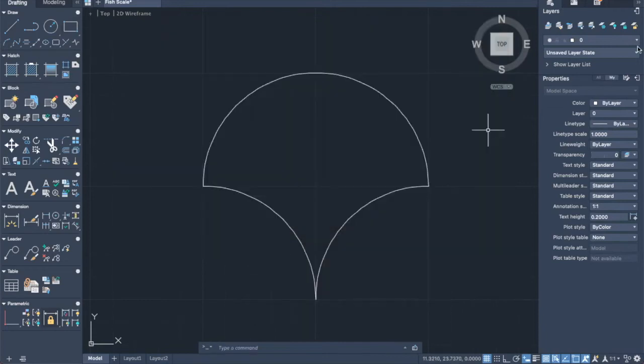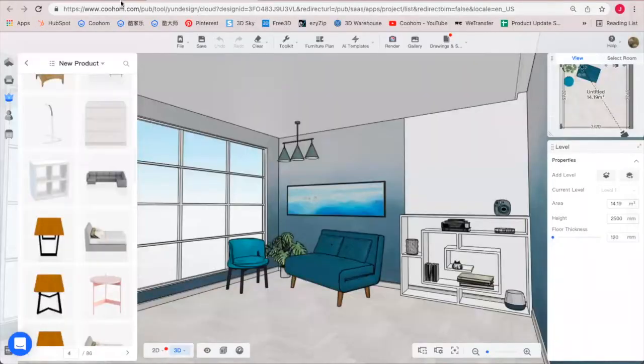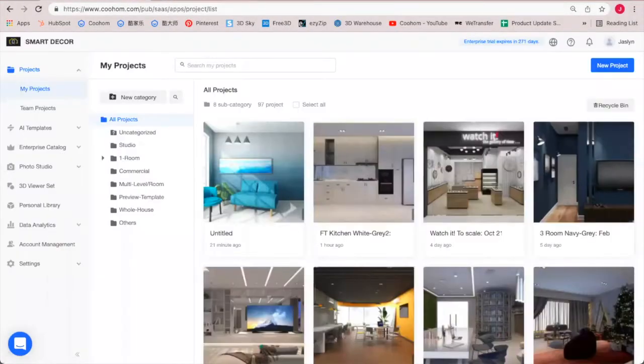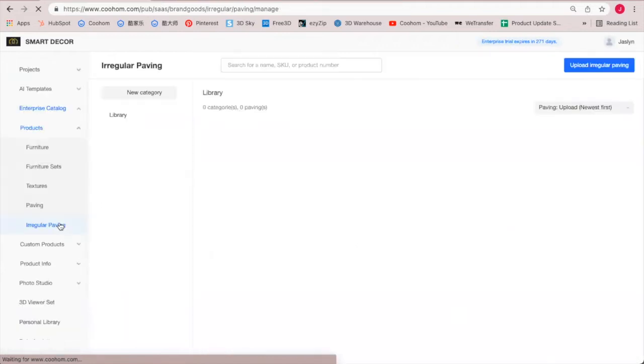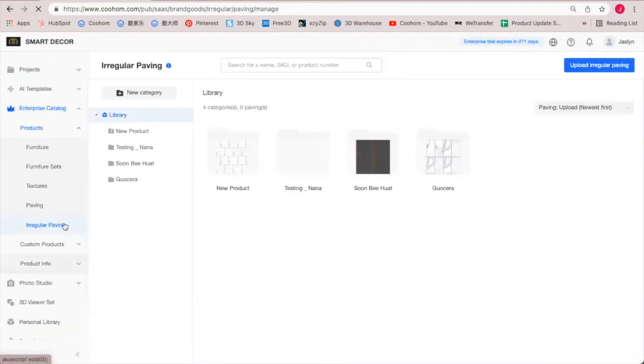Once you save it to your computer, you can go to our system here and go to the enterprise catalog. Now in our enterprise catalog under product, you'll be able to see one more part, which is called irregular paving. This irregular paving is for you to add in those shaped tiles that you want to use. So, your interior designer... sorry, Jaslyn. The file saving